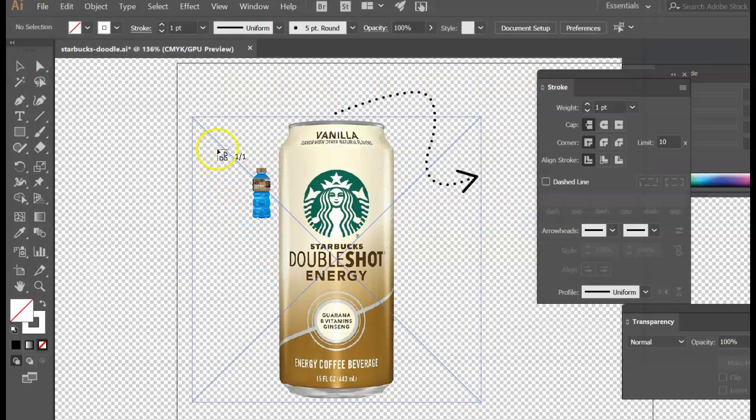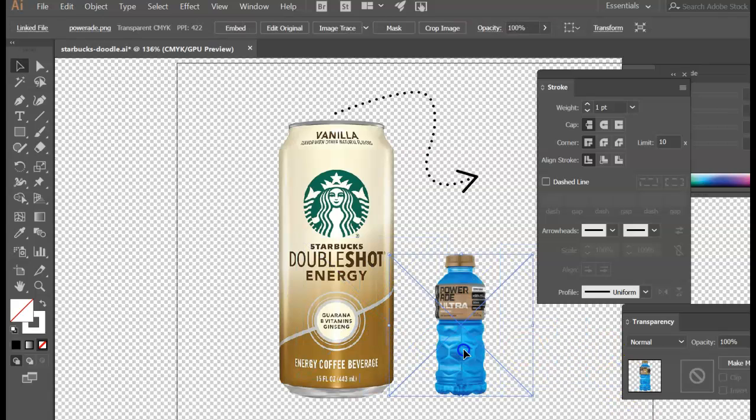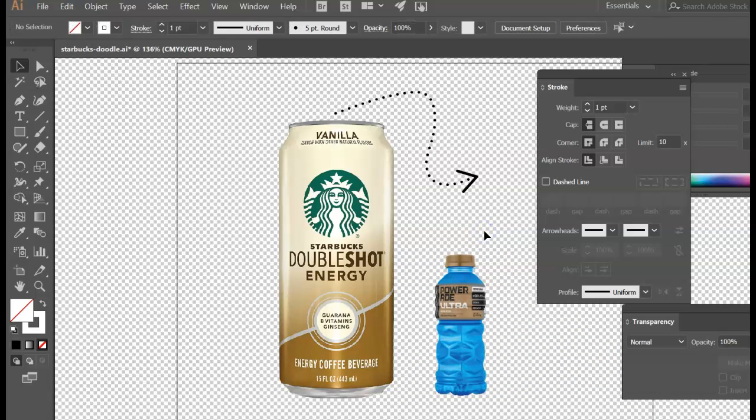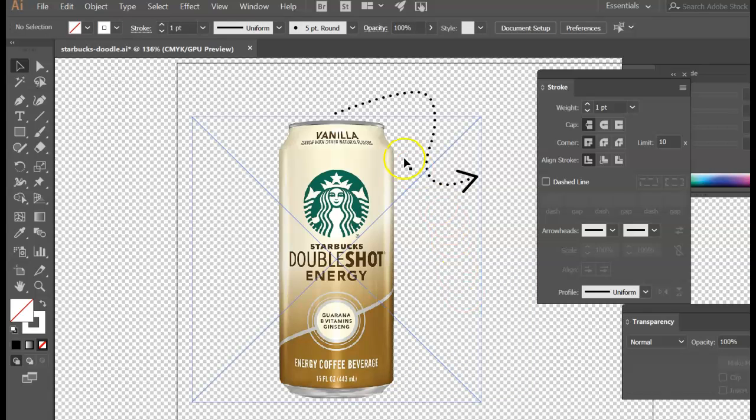And then you can either click and drag to draw whatever size you want, or click one time and it'll come in at full size. But there we go. Okay, and that's that simple. You don't really have to know a lot about Photoshop. If you have it on a white background and you just want to remove that white background, it's very simple to do. So you're going to pick a product, a drink, a beverage of some sort, and then do something